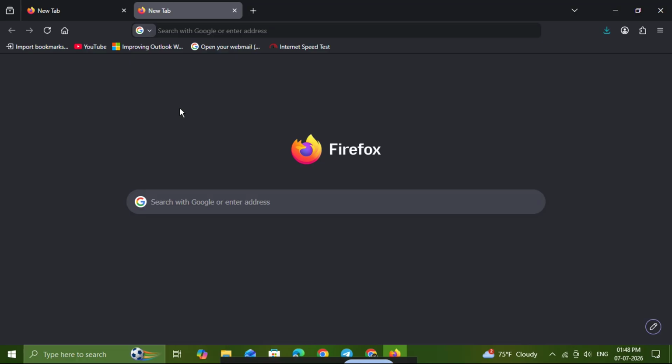This is one of those small browser settings that can make a big difference when websites are not loading correctly